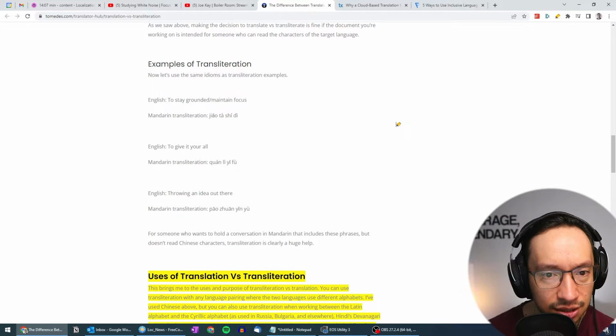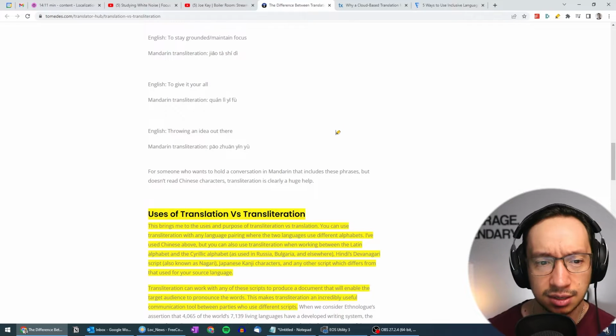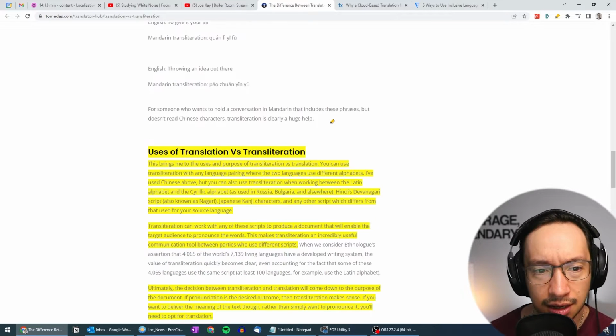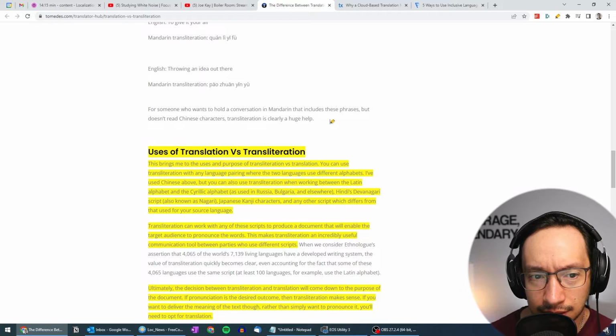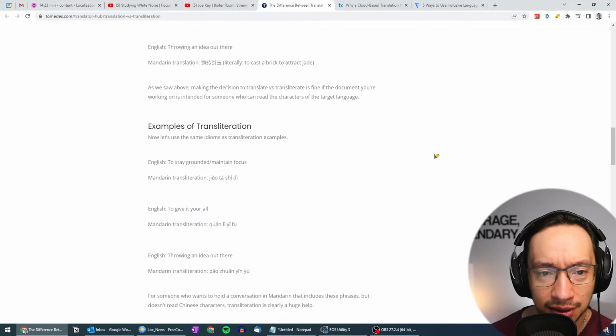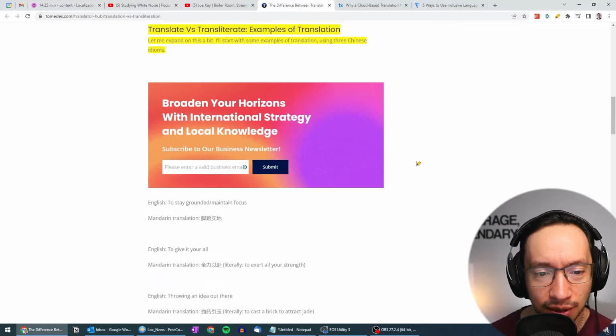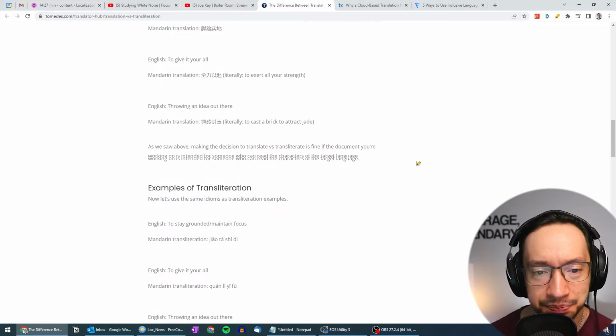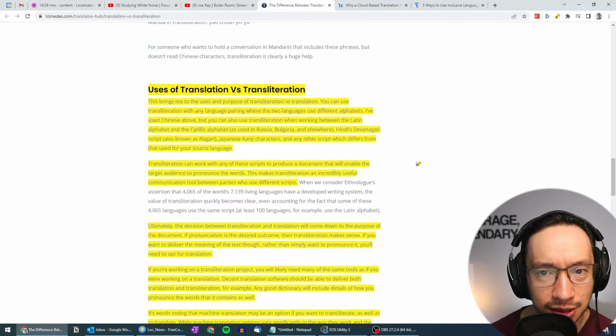The same English idioms, but now we have the Mandarin transliteration here, and that's about it. Normally, I would have edited this part, but I didn't. I don't know even why I went there, because I didn't highlight this part. So let's continue with the article.